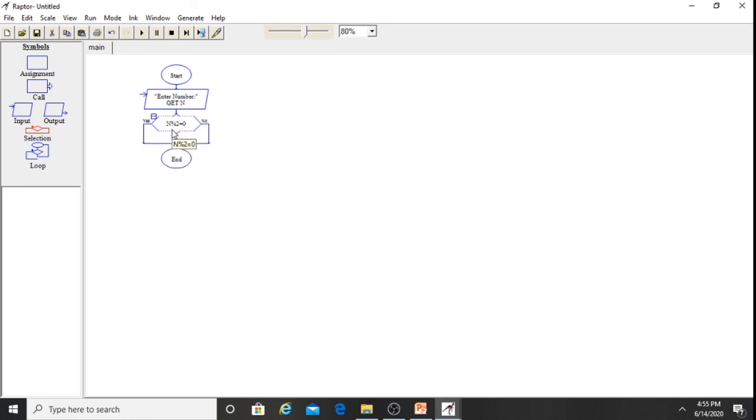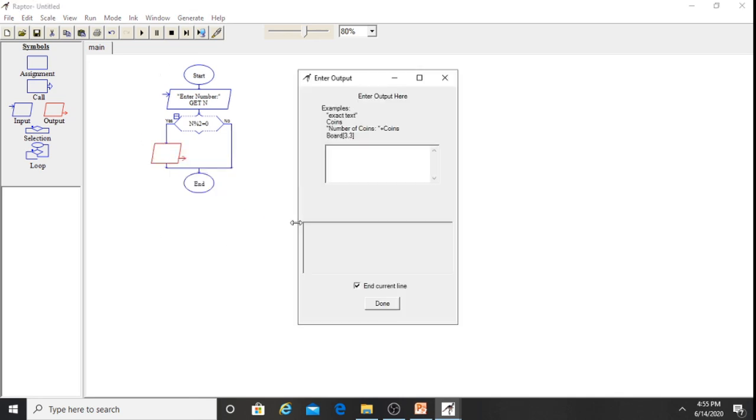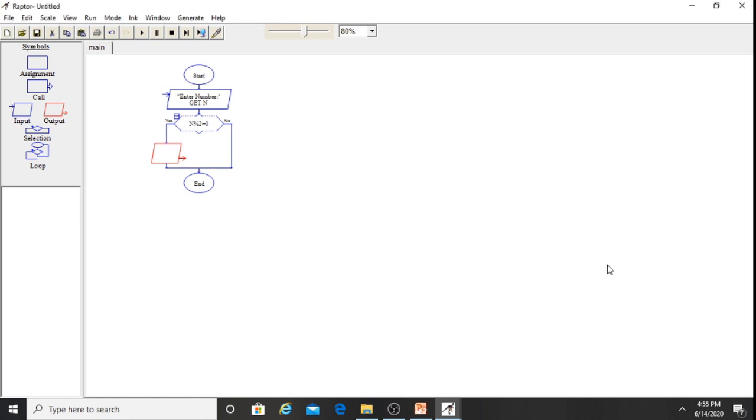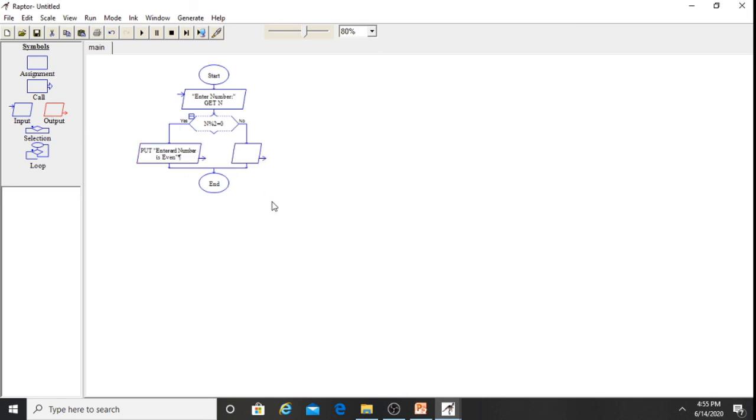If N mod 2 equal to 0, what to display? The entered number is even. So drag and drop here and edit. Else, if no, we have to display the entered number is odd.